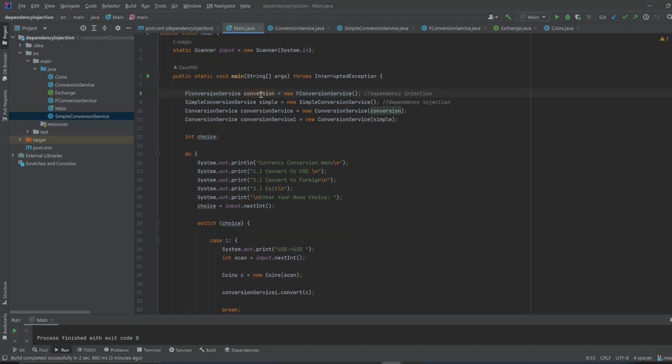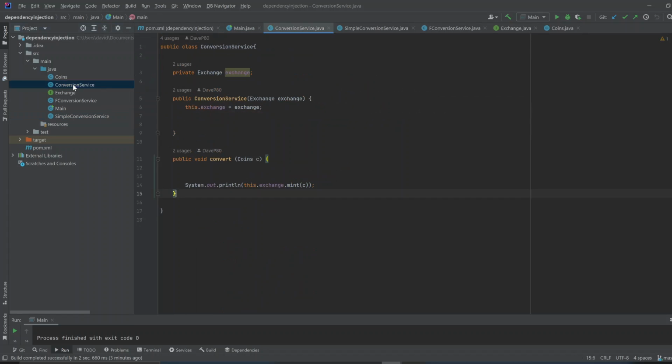And this instance of this class is injected into conversion service. So let's look at our conversion service class. This conversion service class has what's called a dependency injection. IntelliJ likes to call everything a dependency injection. This conversion service class brings in an instance of